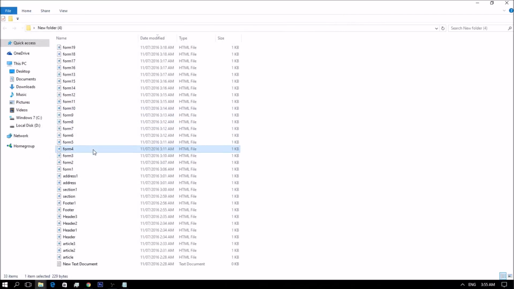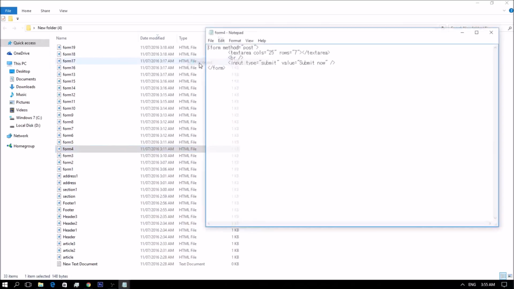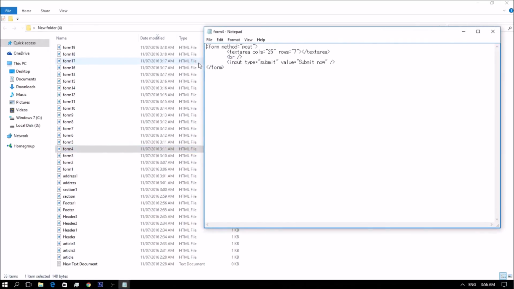So we have the multi-line text boxes, the textarea tag. Sometimes you need to give the visitor the opportunity to enter more than just a few characters. And this is what the textarea element is for.